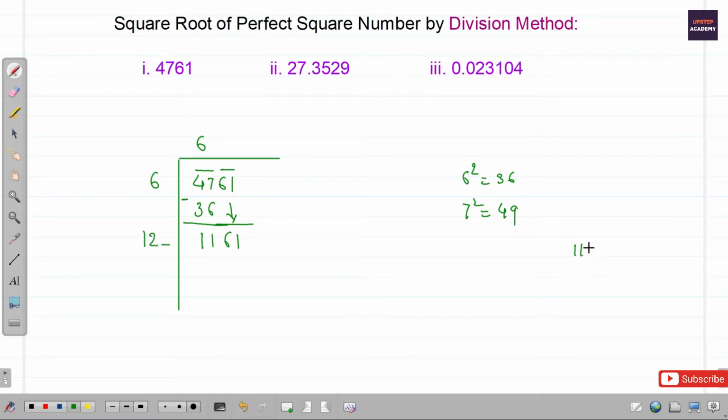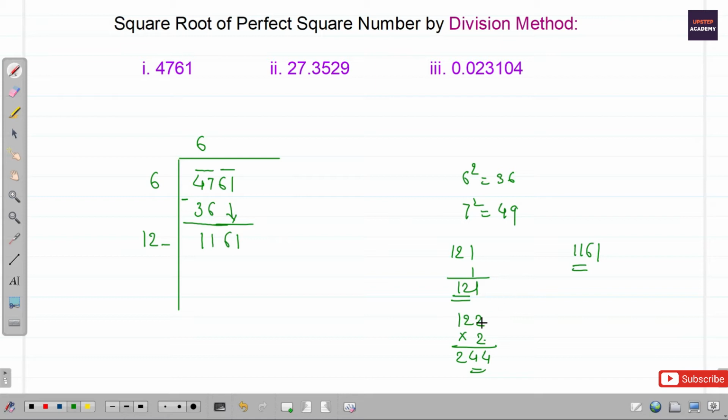Now here in this case we want 1161 or less than 1161. Of course this is the method of finding the square root of a perfect square number. The remainder will be 0. We want this number in this case, so let us try after putting 1 after 2. So here we have to multiply 1 by 1 only, and 121 comes, which is quite less than this 1161, so this is not a good idea. Let us put another number, 122 into 2, so 2 into 2 is 4, 2 into 2 is 4 again, and 2 into 1 is 2. So this is also less than this 1161.